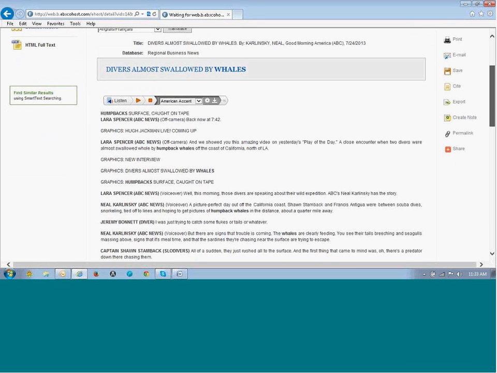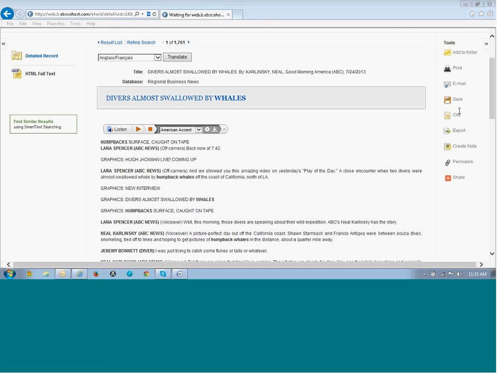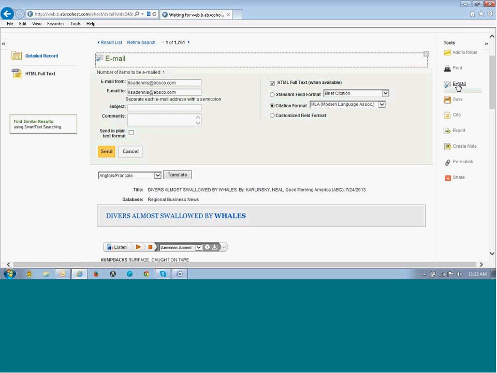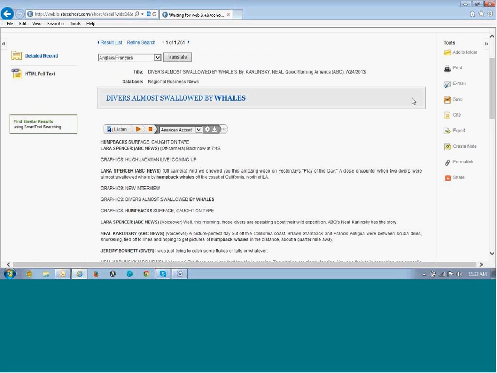Over here on the right-hand side of the screen, you have tools that are available. If I wanted to read these articles but don't have time now, I could either print it out at the library, take it with me, or email it to myself. When I set preferences, here's the NSLA citation format, here's my email address that I put in. I have to re-enter information every time I click on the email button. I can also save to a storage device. I can cite